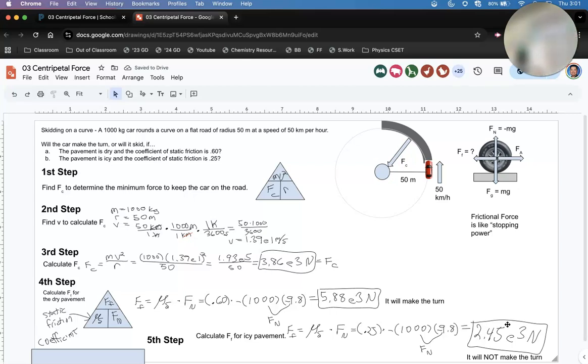Will this car stay on the road when it's icy? What do you think? Why? Then the centripetal force. Okay. All right, class. Let's see how